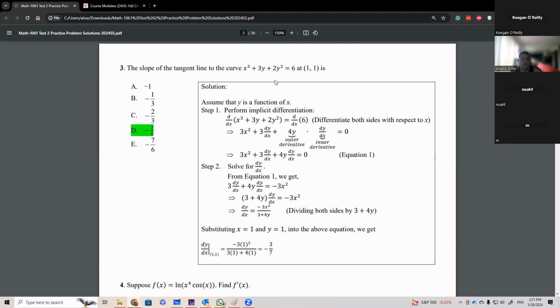Let's remember that something is implicit if it is not explicit. And what does explicit mean? Well, explicit means that I can put either x in terms of y or y in terms of x. In this case, it's not easy to put y in terms of x because there's y here, and so it's impossible to factor and leave a single y in terms of only x. So that's what explicit means.